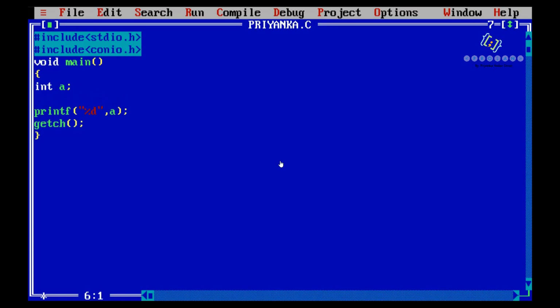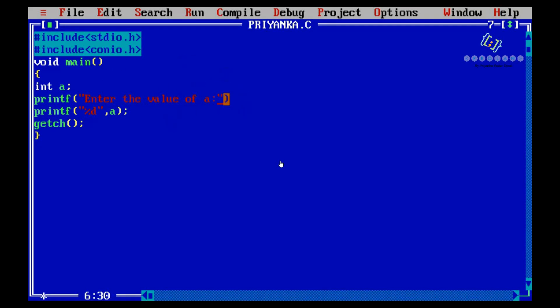Now we have to take the value of a from the user. So I'll write here printf, enter the value of a. What I have done here is I am printing it as it is on the output screen.